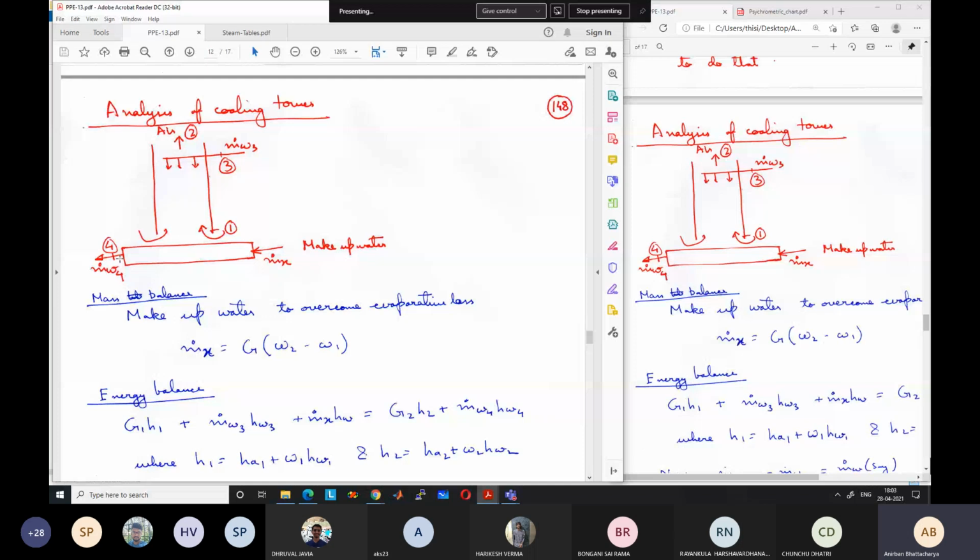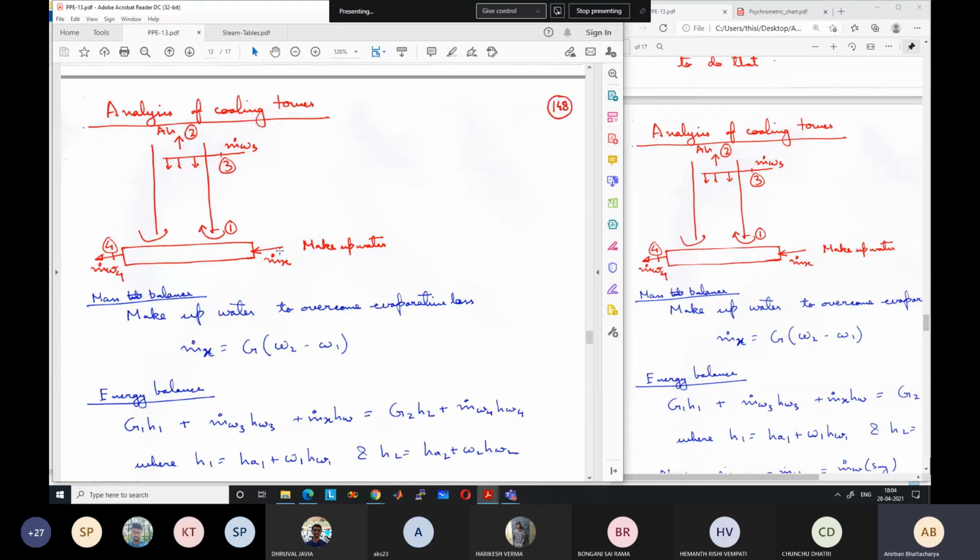To continue this circulation continuously for indefinite time, the mass flow rate which is coming from the condenser should be equal to the mass flow rate which is supplied to the condenser. So m dot W3 should be equal to m dot W4. It means that whatever water is lost due to evaporation is provided by the makeup water m dot x, so that m dot W3 remains equal to m dot W4 and the same water can be circulated again and again. Now we can write this makeup water, and let me also explain.